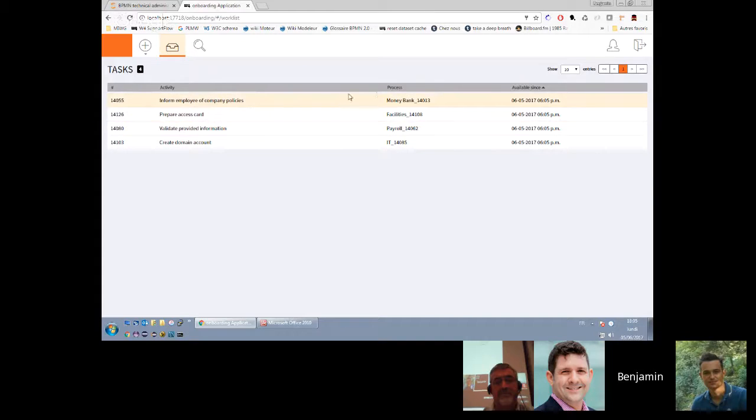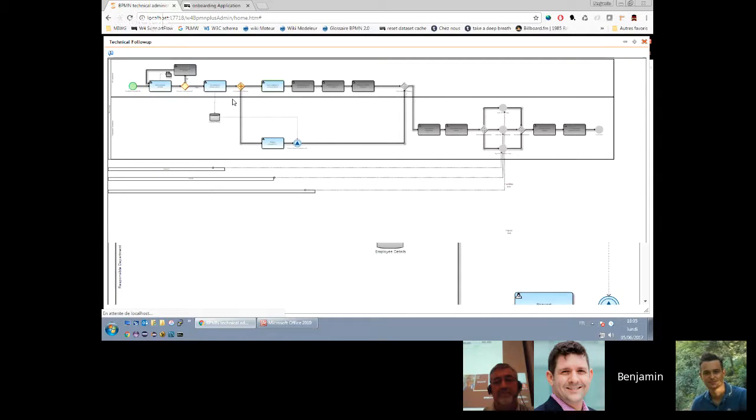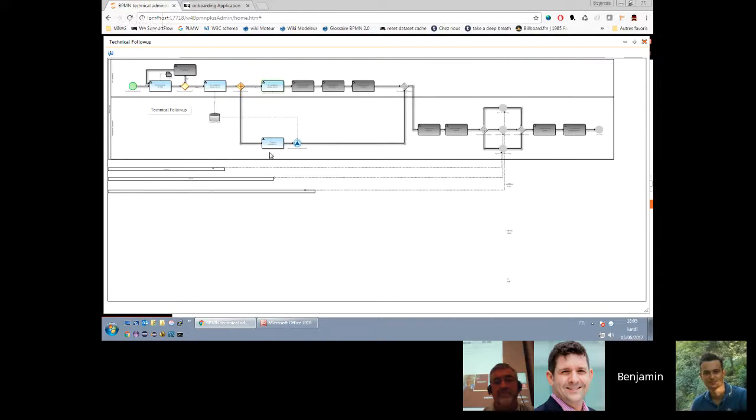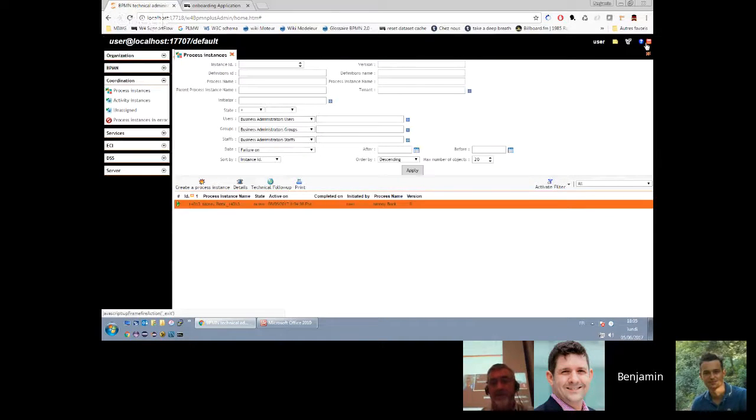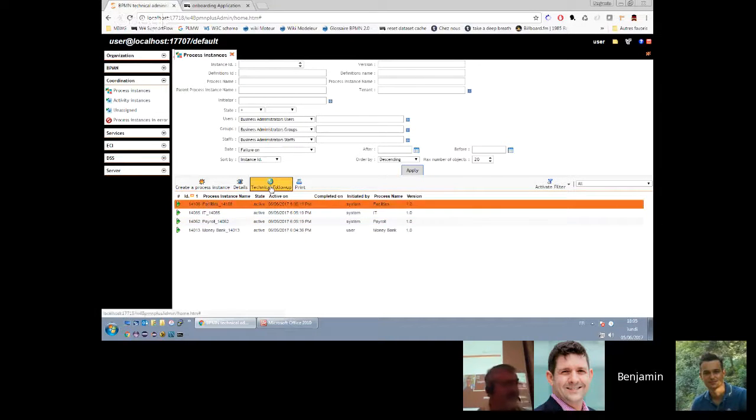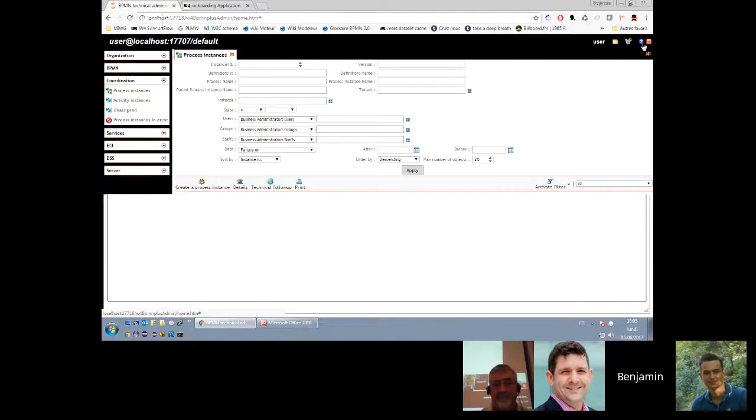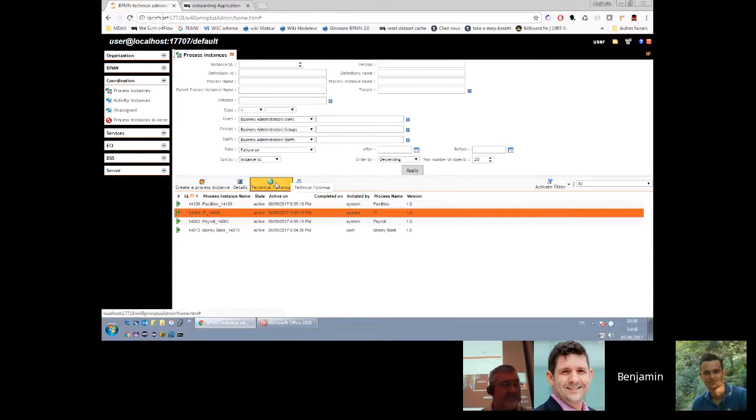What we can see is that I have now 3 new tasks in my work list that are for the 3 other processes: facilities, payroll, and IT. And if I go back to my admin and technical follow-up to show you where we are, we can see that the token navigated through the processes to the process and triggered the signal. Now we can see we have the 3 instances of IT, payroll, and facility. And on technical follow-up, we can see that the signal was received and the instance was started for facilities, for IT,